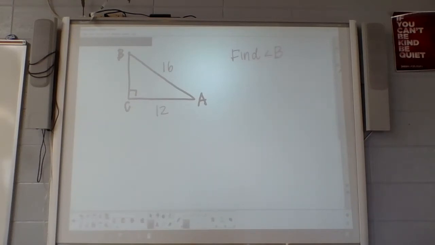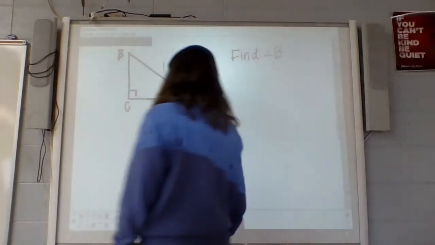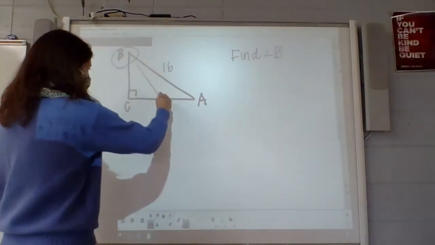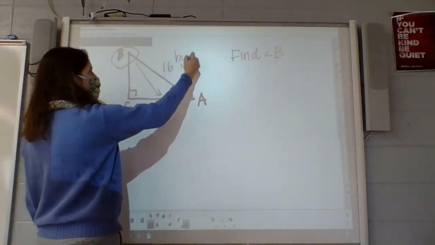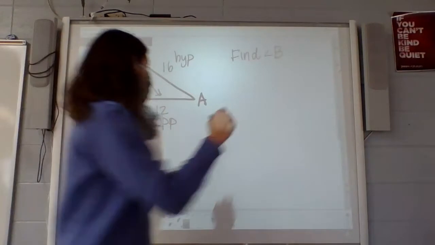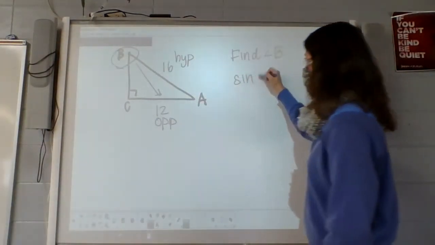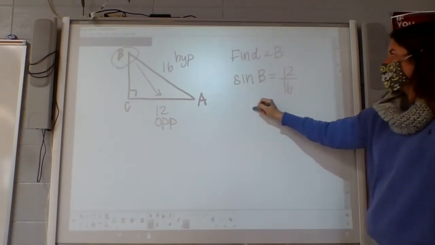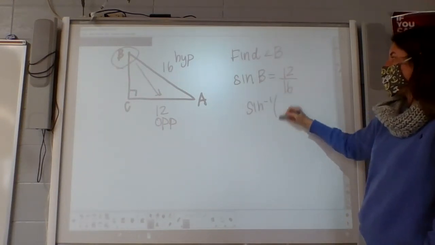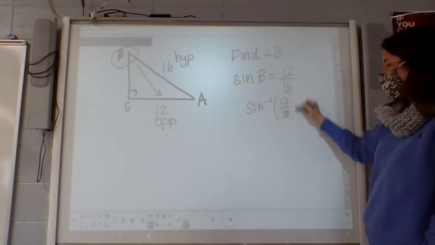There you go. Yeah, just be careful. We should be using sine in this case. We're trying to find angle B, because this is my opposite, and this is my hypotenuse. So I'm going to do sine of B equals 12 over 16. So then I'm going to do the inverse sine of 12 over 16, and I get